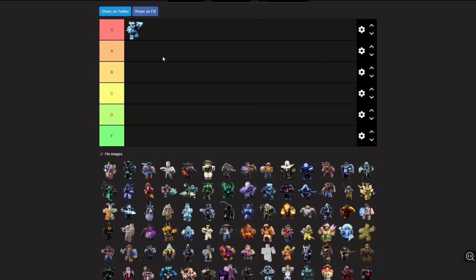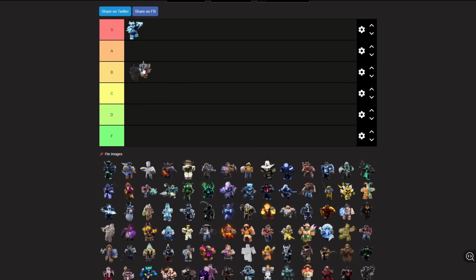so I'm gonna have to put it in S tier. Next up is the Ares kit, and this kit's actually really underrated, and it got a small buff that makes it so you can get one spear every minute, so I'm gonna have to put it in